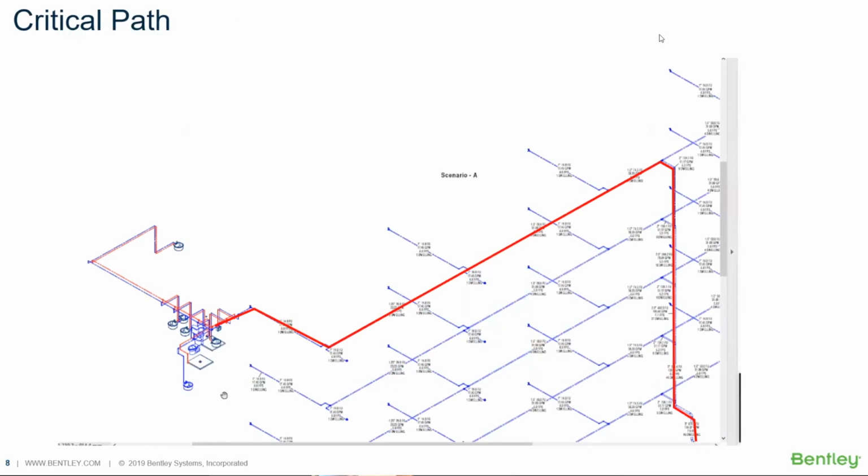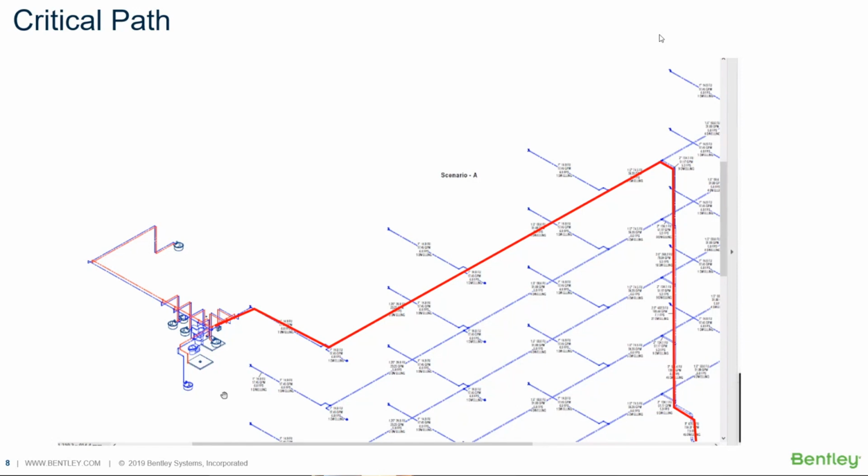So what we saw last month was this example problem where you looked at a critical path and you would design the critical path based on fixture units, and then everything else would kind of follow off of this critical path. And that's kind of the way things are done nowadays, and that's not wrong or anything like that, but there's more you can do with combining this type of fixture unit approach with the hydraulic model. So let's get into some of the more detailed issues that come up when you're doing this type of analysis.